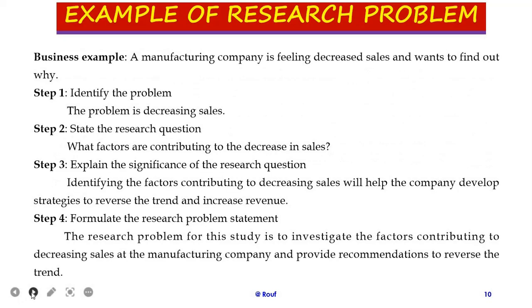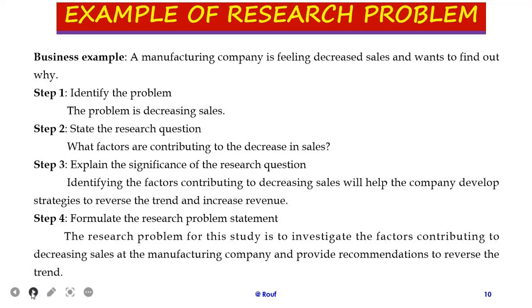For example, a manufacturing company is experiencing declining sales and wants to find out why. So in the first step, we need to identify the problem, and the problem is decreasing sales, we can see. Then in step 2, we need to state the research question, which could be: what factors are contributing to the decrease in sales? The third step is to explain the significance of the research question, and that is